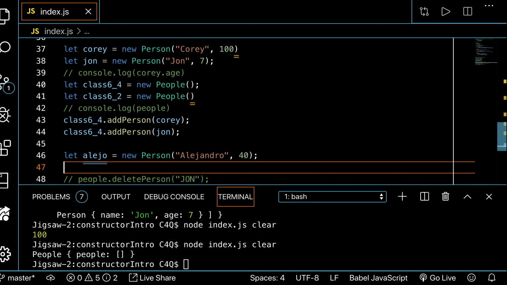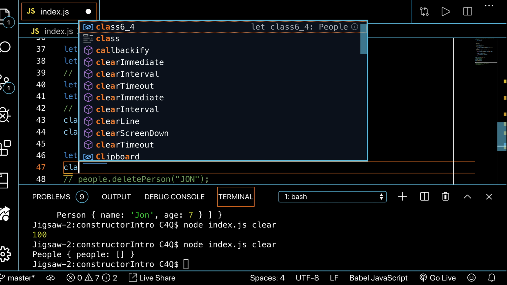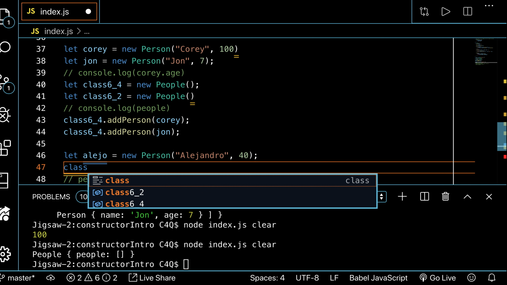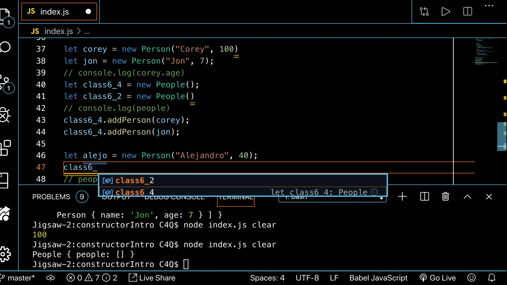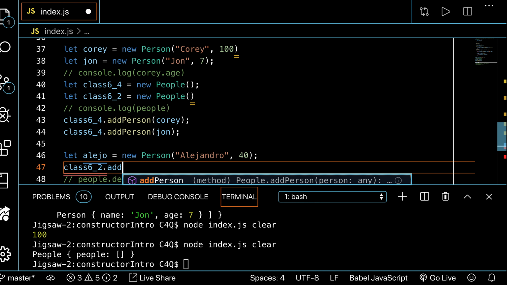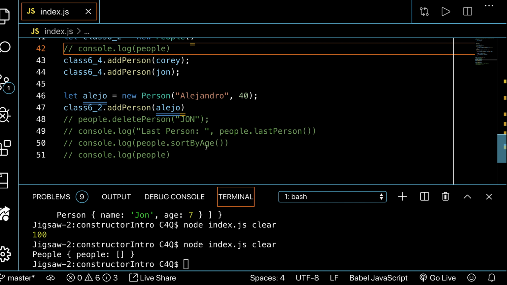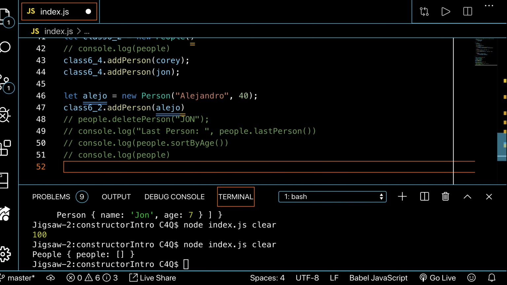Right, Alejandro, he belongs in class 6-2. So 6_2 dot add person Alejo. Right, so now we have two different instances. These people are a list of persons. So we can say console.log